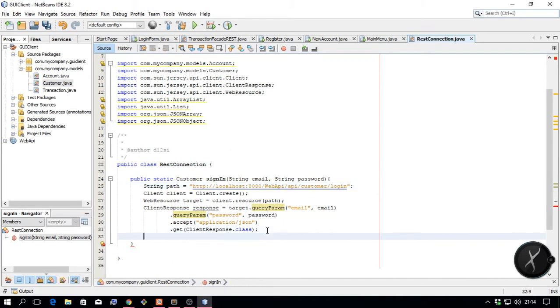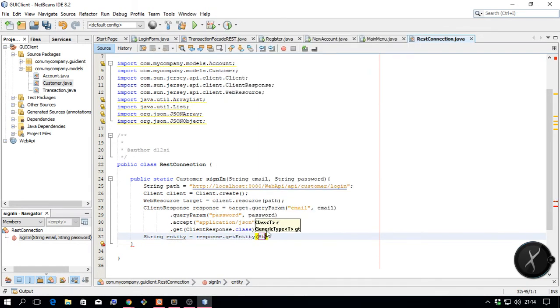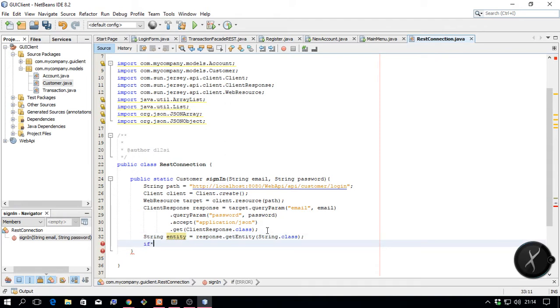Okay, so to get the response, I'm going to say string. I'm just going to save it into a string variable called entity. Okay, or response, whatever makes sense to you. And I'm going to say response.getEntity, and the entity will be of type class, string class. Excuse me. And then once I do that, I'm going to check to see what sort of a status the